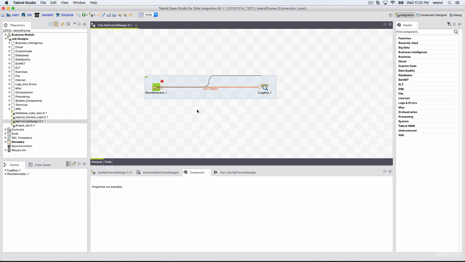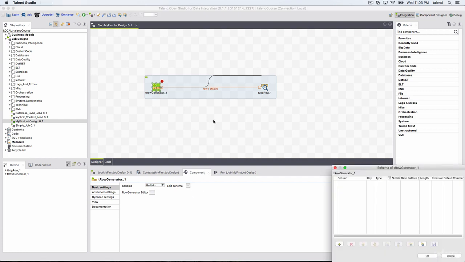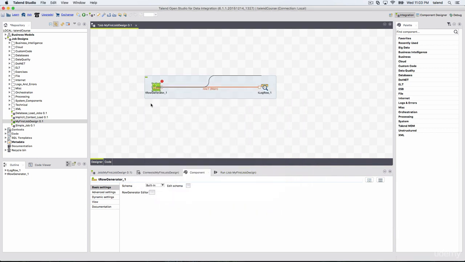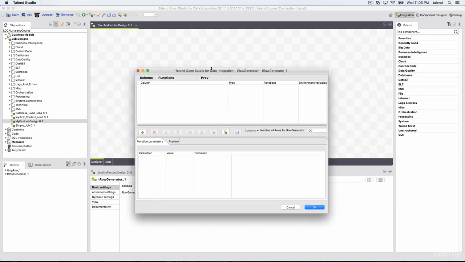So first step, as you see, drag and drop the components. Next step, connect them. And the third step, configuring. So we need a schema. Let me add some schema. Here, as you can see, we have the row generator editor. You can click this, or double clicking this does the same thing.